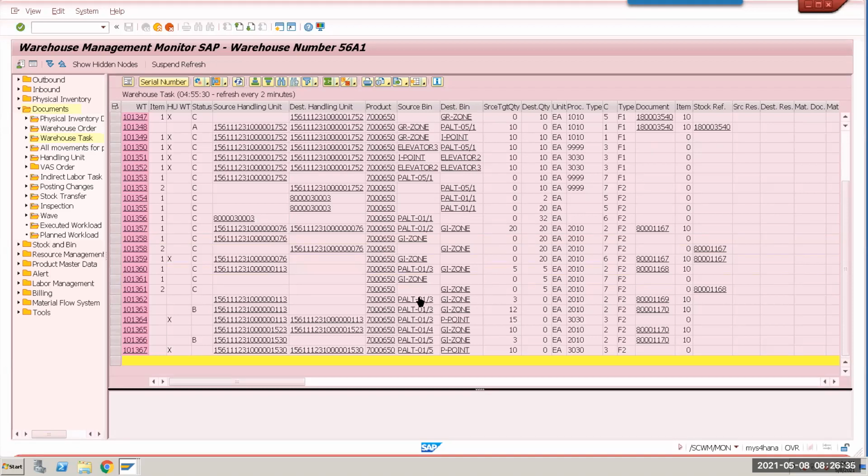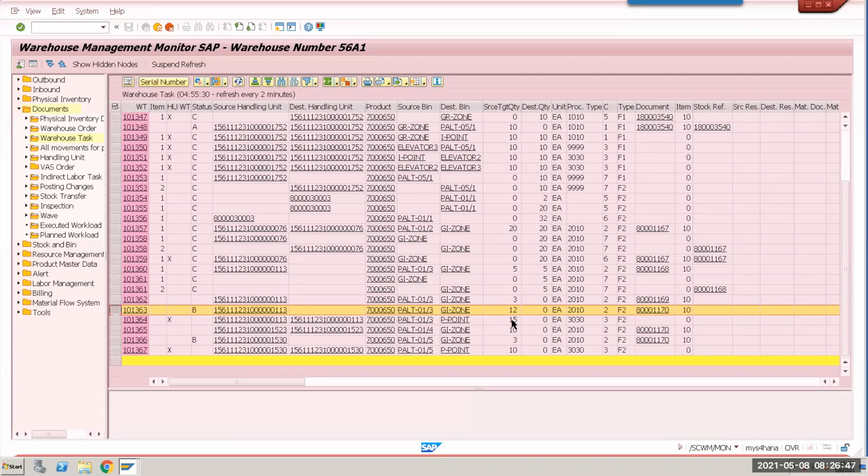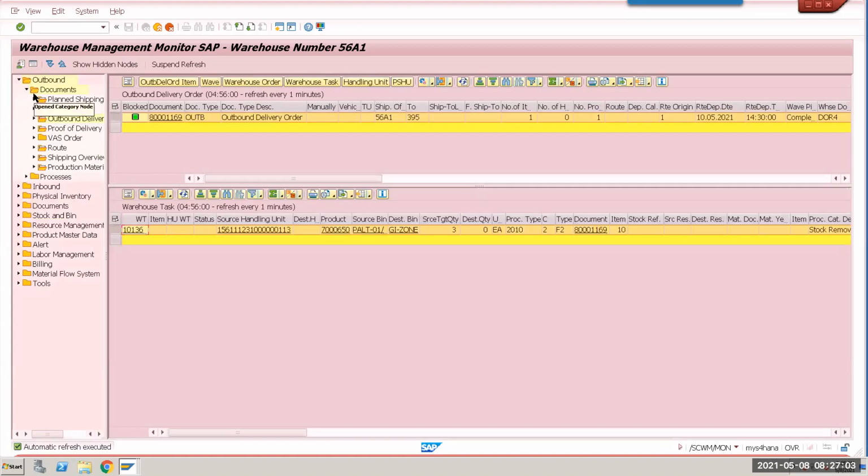So this is 113 for 3 pieces. For 113, a quantity of 12 is going to this one. The same 113 refers to 15 for the pick point and 3 directly to the GI zone. Is that okay? So let me show you the stock now. It's working now? It's okay.